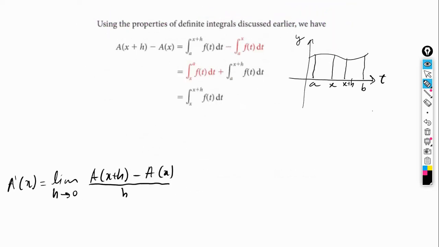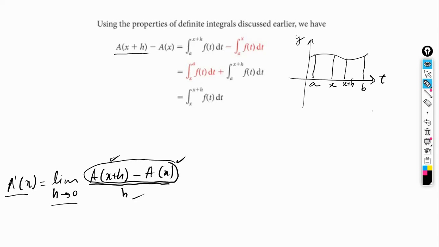So recall that we're trying to find the derivative of the area function by using the definition of derivative with limits. But if we analyze this upper part here, A of x plus h minus A of x,